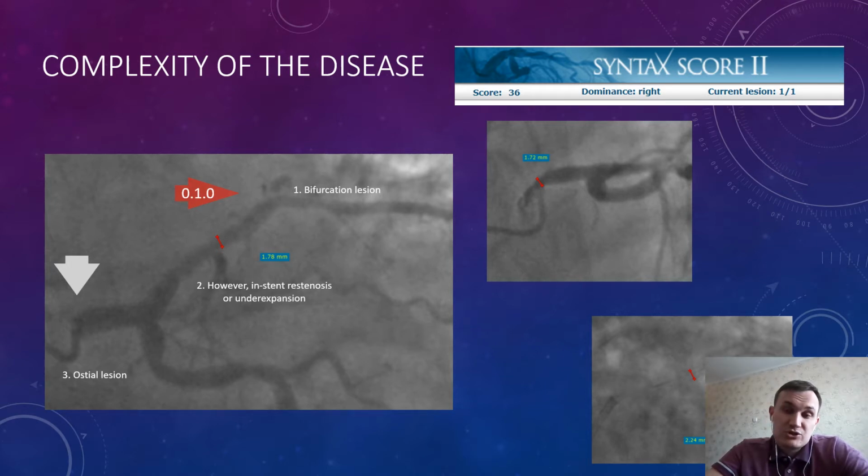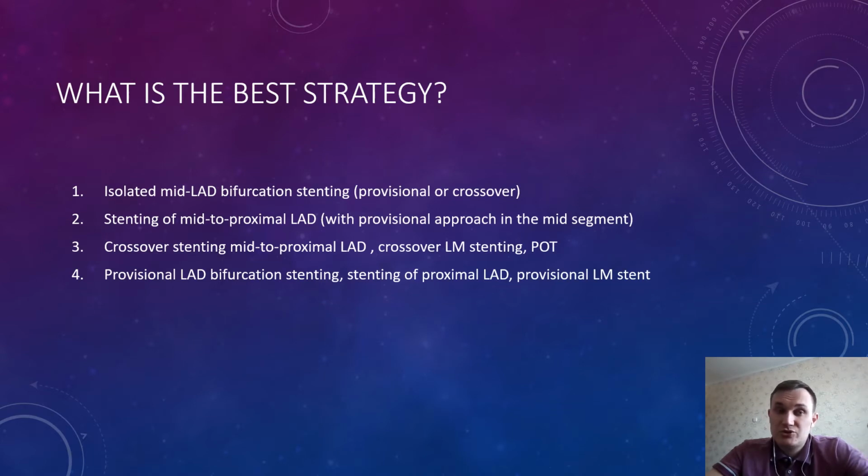What is the best strategy of treatment for the patient? First, maybe we should do isolated mid-LAD bifurcation stenting, provisional or crossover. Second, stenting of mid to proximal LAD with provisional approach in the mid segment. Third, crossover stenting in mid to proximal LAD, crossover left main stent and proximal optimization of left main stent. Fourth, provisional LAD bifurcation stenting of proximal LAD, and provisional left main stent. So we decided to do the second option, stenting of mid to proximal LAD with provisional approach in the mid segment, but